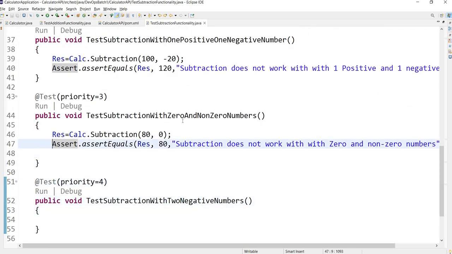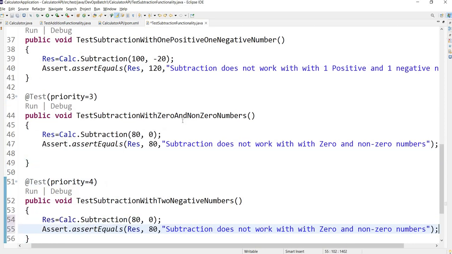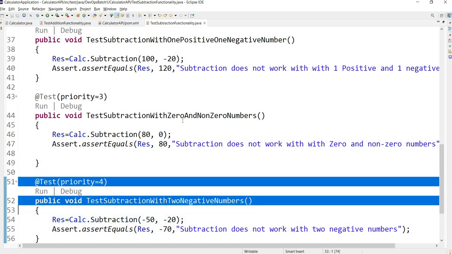Now let's test this with two negative numbers. So I would say minus 50 minus 20, say. So we want 70. Two negative numbers. Now let's add one more test case wherein we will check